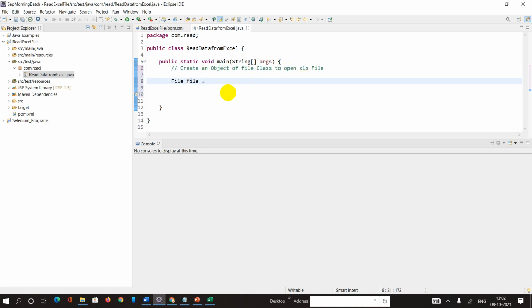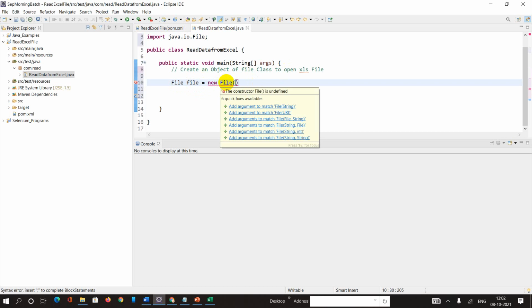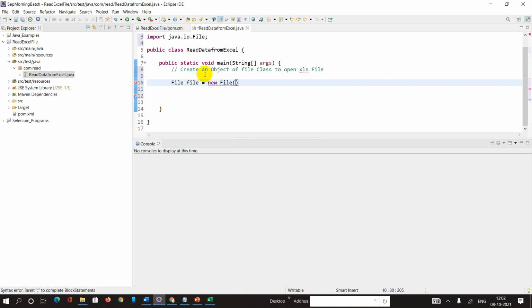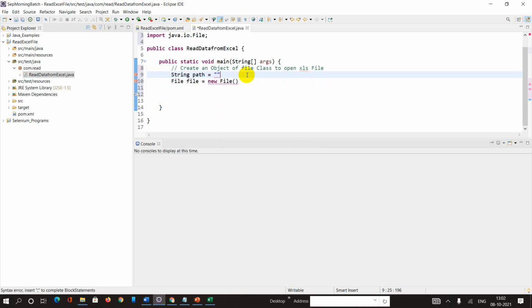I am saying new File. Import the File from java.io. And here I am writing a string path, where my file has been kept. So I am saying over here,